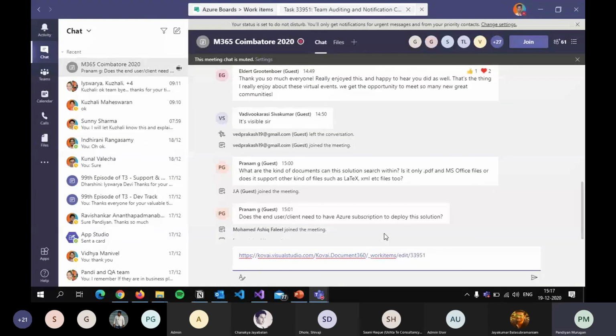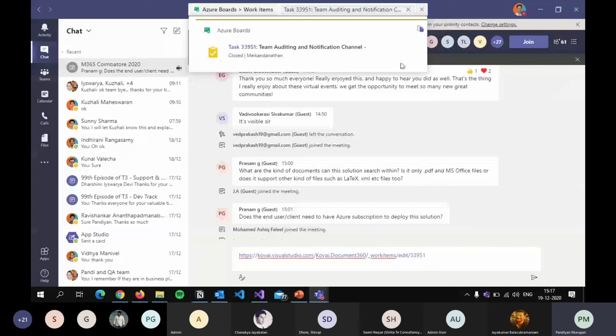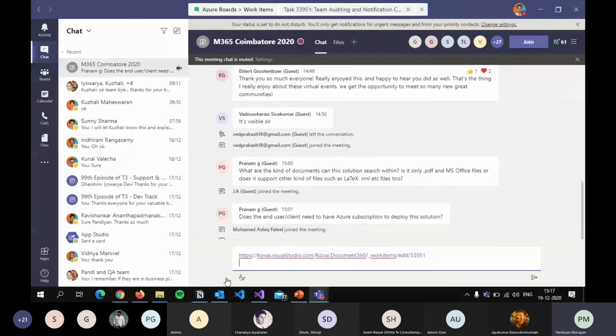Once we enter it, it will provide a nice card, or adaptive card. Basically, it's not showing up here, but it will show a card for us, similar to what we have seen in this adaptive card. For example, if you paste this URL, it will show information like this.